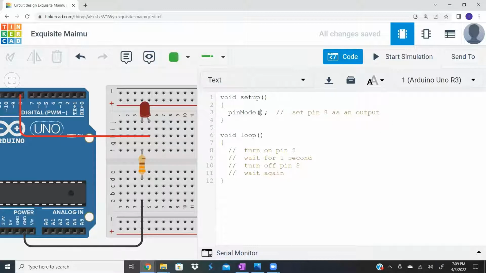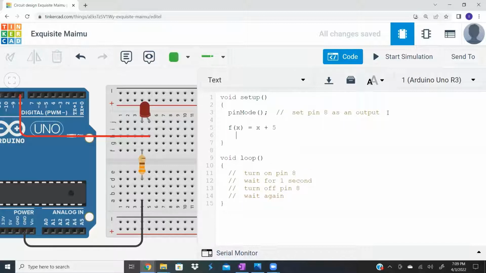But inside the parentheses, I'm going to be able to put information into it. Very similar to if I have, in math class, a function f of x, and I say that that is x plus 5, what happens if I write f of 3? We input this 3 into the function f of x, right? We put a 3 into here. This is going to be the same thing. I have these parentheses here,